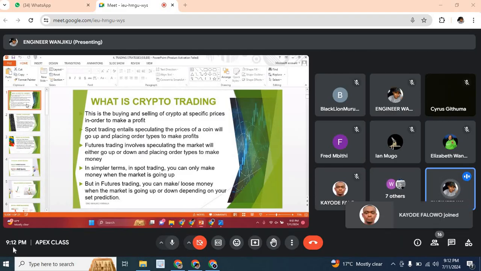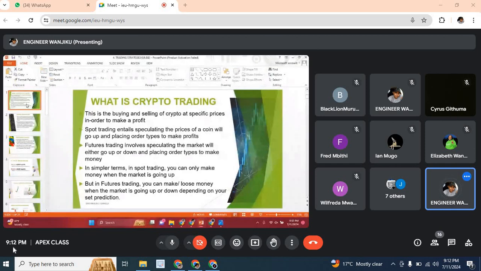In spot, you only make money when the market is going up. But in futures, you can make money when the market is going up or down, depending on the speculation you had of the market. And no wonder here we are saying that spot trading entails speculating the price of a coin will go up